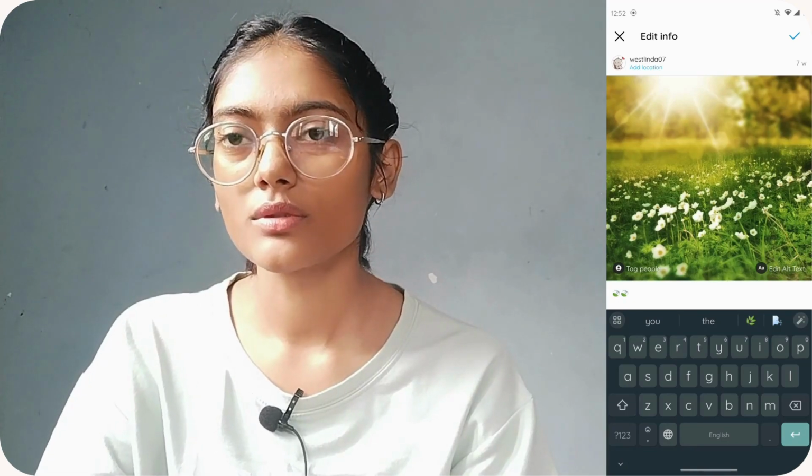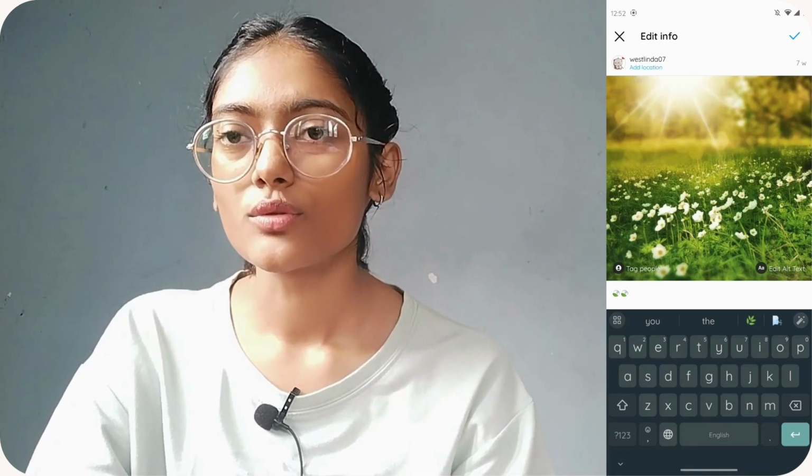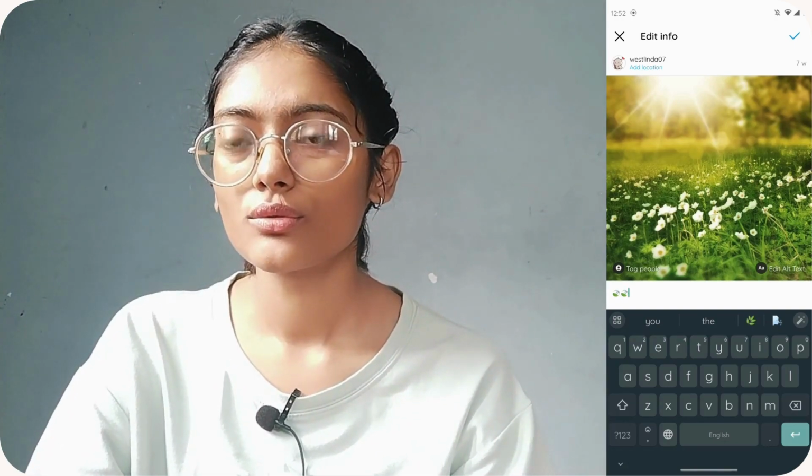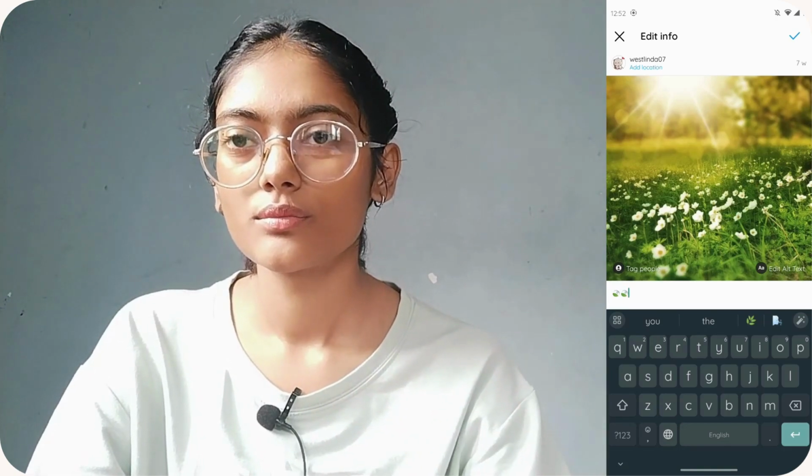So it's not possible in Instagram. Once you post your photo, you can't change it. So that's it. That's how you edit your post instead of